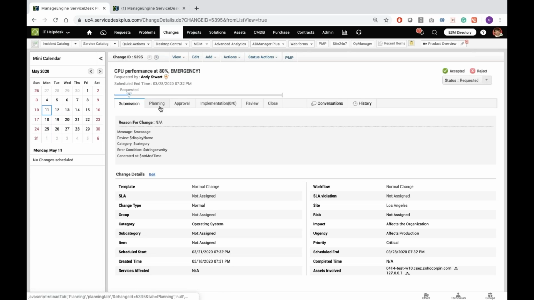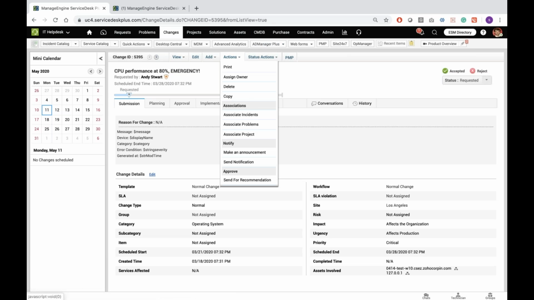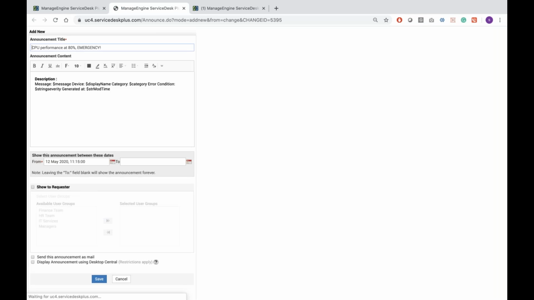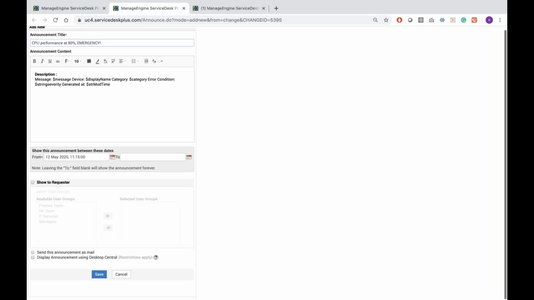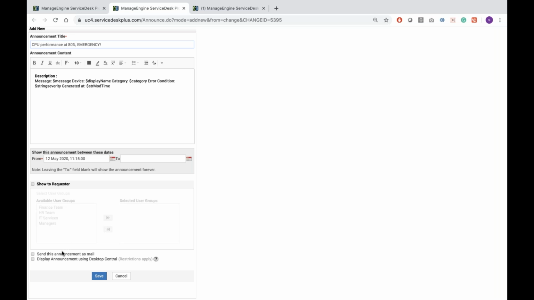You can have the change record move from one stage to the other. Based on how the workflow is configured, the system sends out alerting notifications or communication channels that could be established. So we have different types of communication mechanisms. While working on the change, the user can make public announcements right from the change. Normally, a best practice tool should have announcement or communication mechanisms right within the help desk tool.